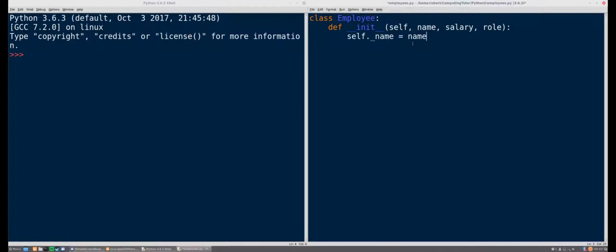I've written this line here, self._name equals name. What this is basically saying is we're declaring an attribute or field called _name, and we're setting it equal to whatever name we pass into the constructor for this employee. When we actually create an employee in our main program, we're going to pass the constructor a name for that employee. So we're going to set the name attribute of the employee to whatever name we pass in. Okay, so I've done the same for the salary and the role,